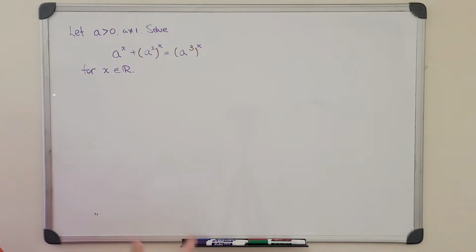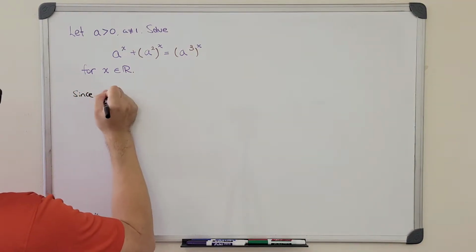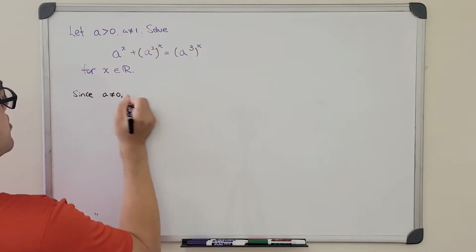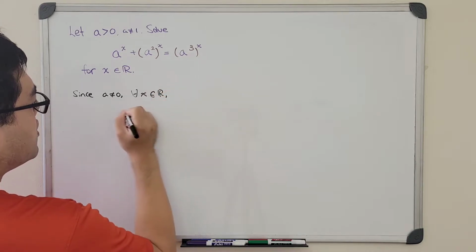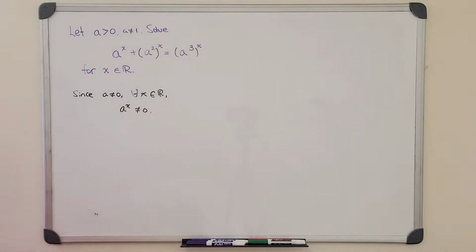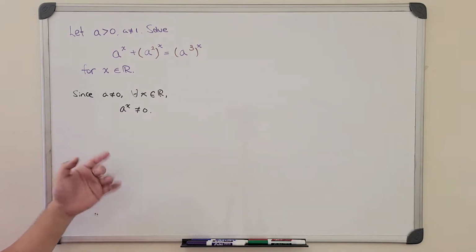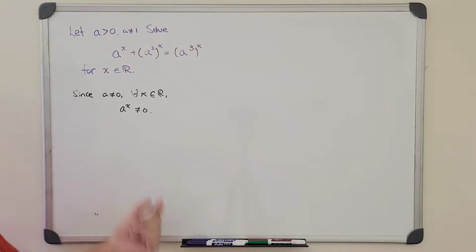In other words, a to the x power is not equal to 0 for all real numbers x. So we're now allowed to divide both sides by a to the x power